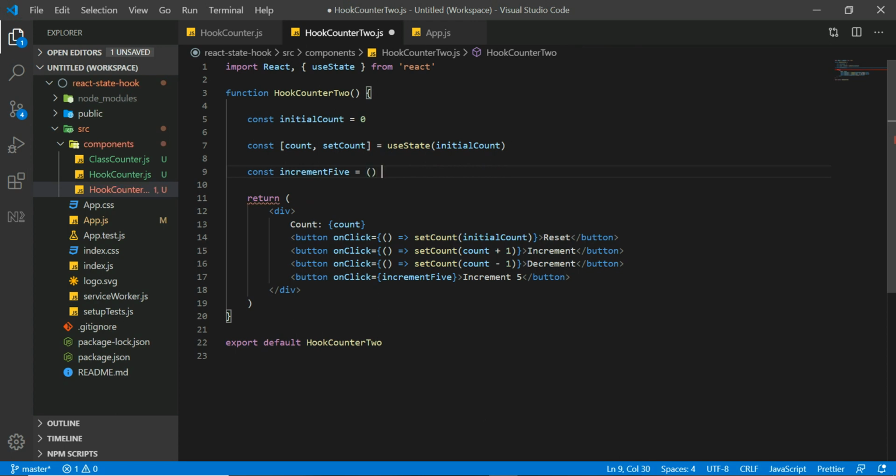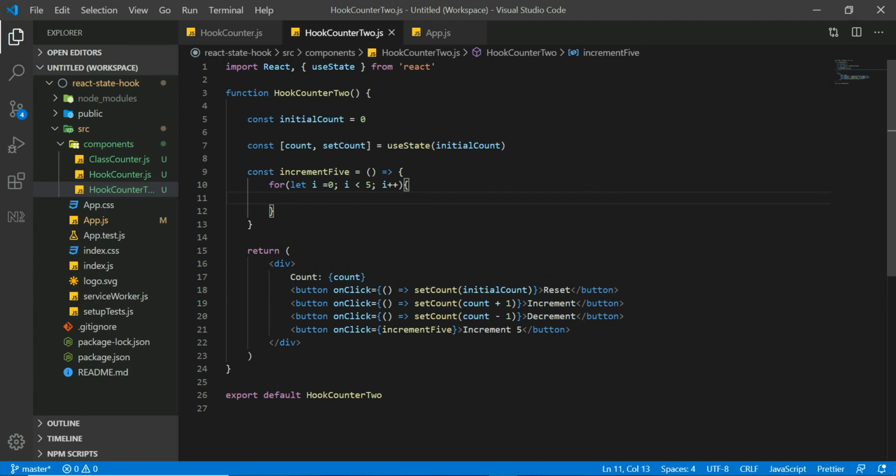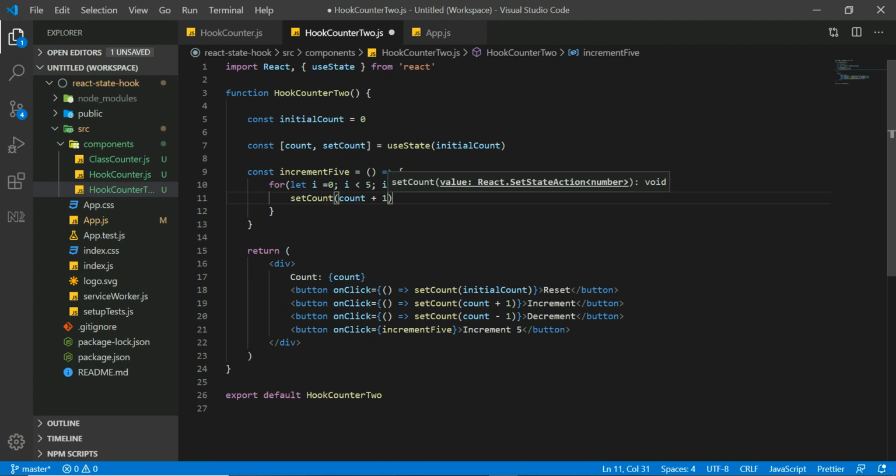It will be an arrow function. So in the function body, we use a for loop, let i equal to 0, i less than 5, i plus plus, and we call setCount within the for loop, passing in count plus 1 as an argument.